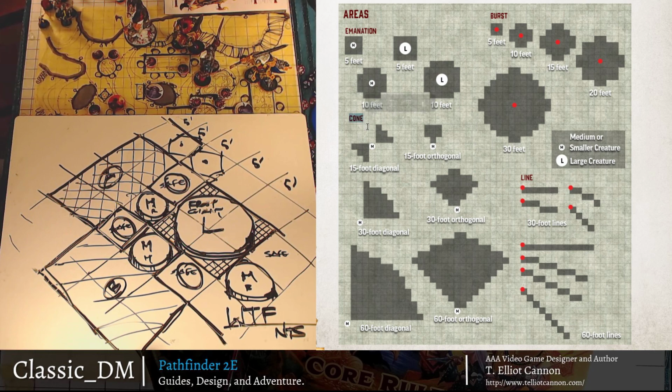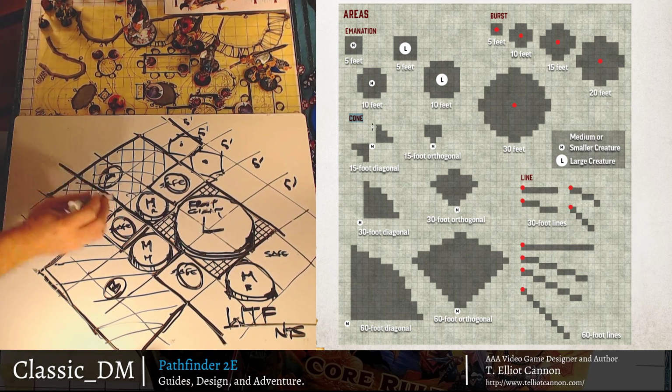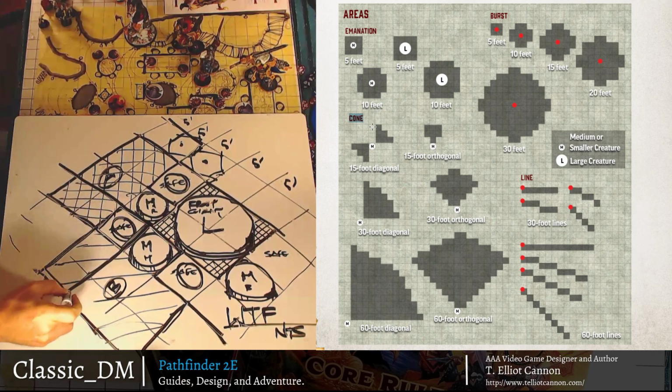See that? Now look at this one directly below this. You see the little M for medium-sized creature? If you were to do it from here, guess what would happen? It would go like this, and then it would go like this, right? It only goes out 15 feet. So it's going to go out 15 feet to here, and to here, and then it's going to do some